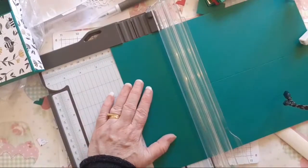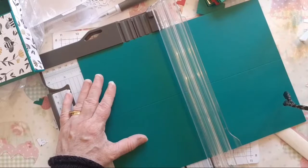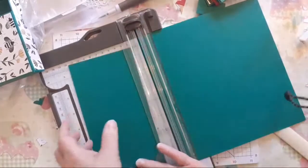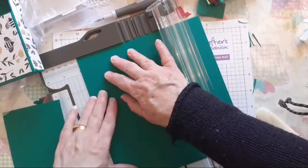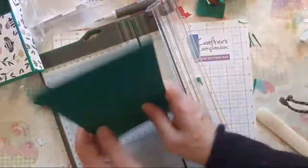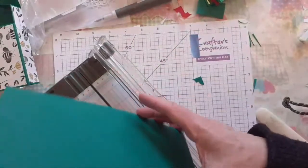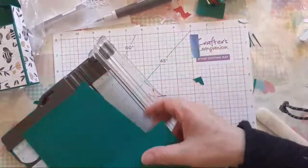and then just turn it to your A4 length, and we're going to cut now. So we're going to cut at 9.9 centimetres. So just get that at 9.9 centimetres and cut. And the next one, 9.9 centimetres and cut. And then you've got 3 even cards to do for your cards that fit in the box. So then all you've got to do is just burnish all your score marks,